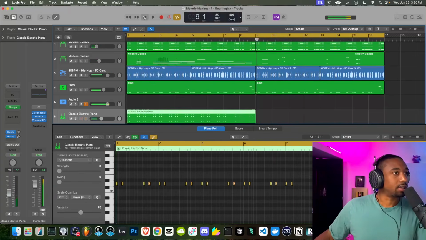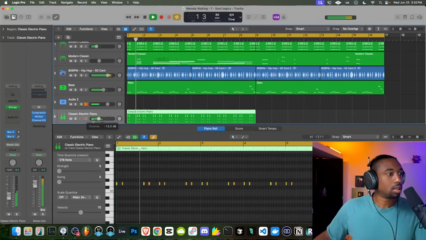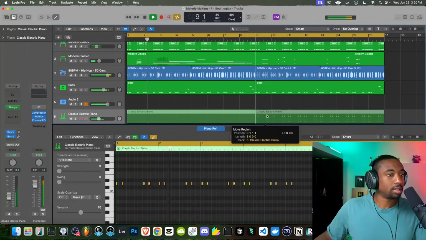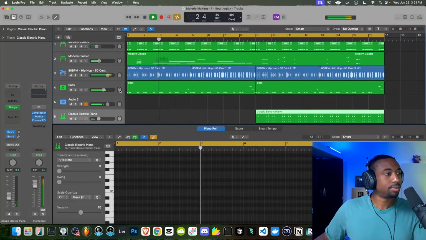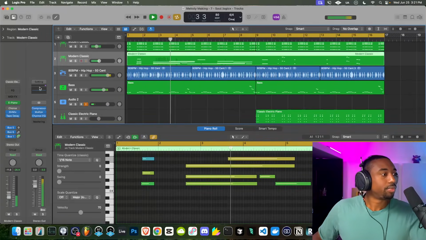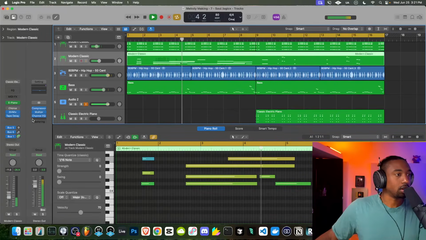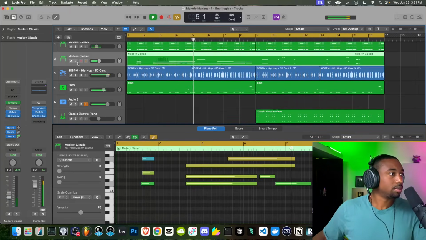So we don't need to quantize that. Let's drag this to the second half. I feel like we could use a little more left and right panning on the